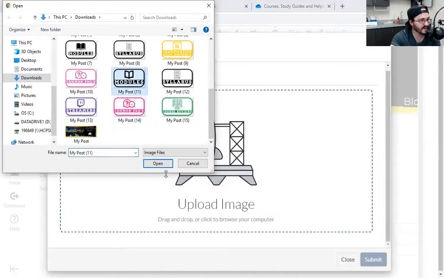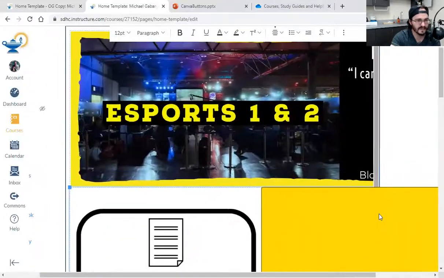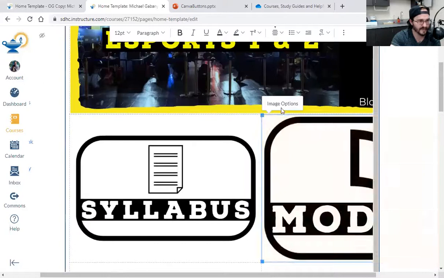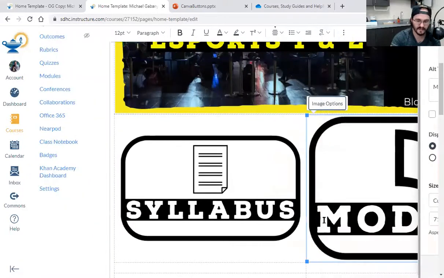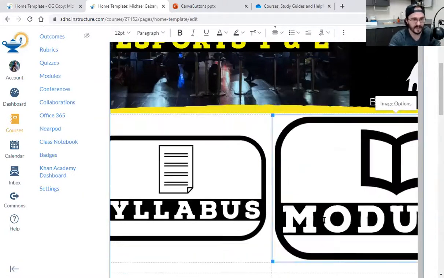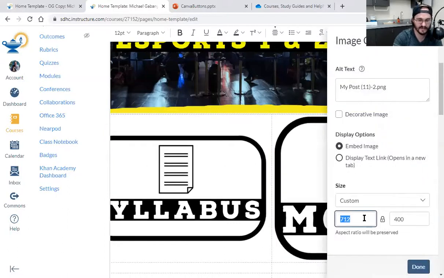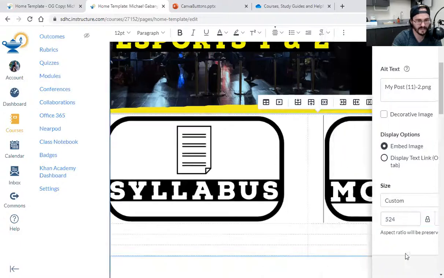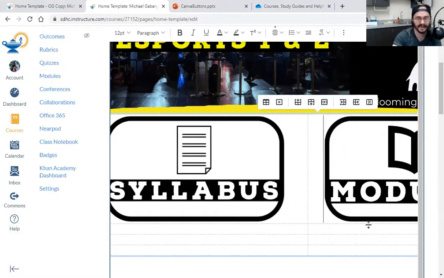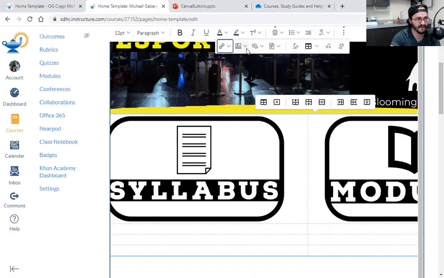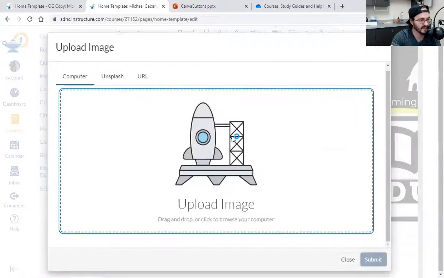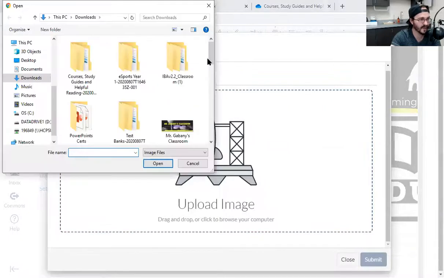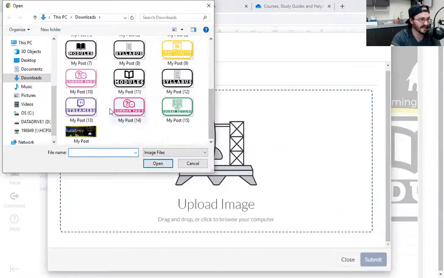That was my modules. Click on the picture, image options, 524. Yeah, get ready for that. Click, and then you click in here, and then for some reason it exits out on you. Yeah, right. That has annoyed me so much because I don't even get it. Why does it sometimes exit out while I'm trying to edit the thing? What am I clicking? I don't know.